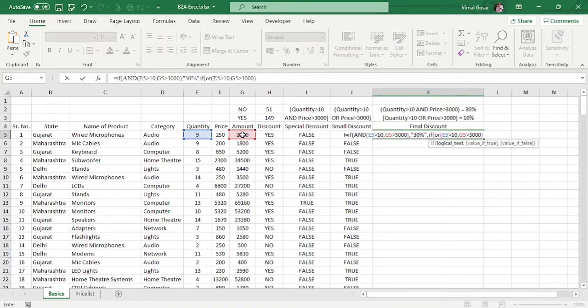Now if this is satisfied, if this comes out to be true, then my value has to come out as 10%. So again I'll put it in double inverted commas as 10%. That should be the discount. And if this is also going wrong, then I'll simply write it as NA, that discount is not applicable at all.